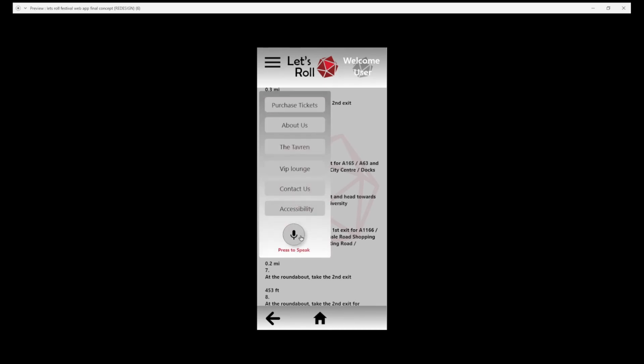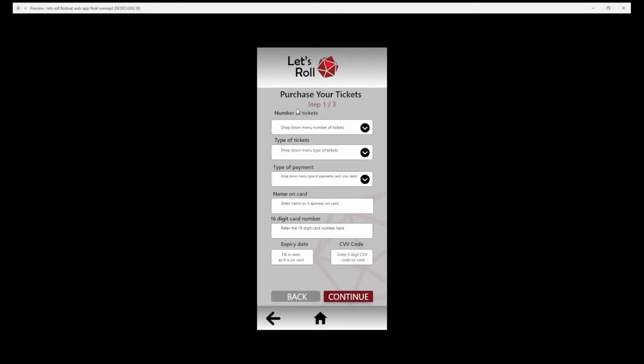So here's one of the first things on the accessibility, the text to speak. You click that, you can actually tell them where to take you. So purchase tickets, it's obviously not built in as it's only a prototype, but it would then take you to purchase tickets. You then, the same as the website previously before, you've got drop downs, you've got your tickets, and you've got